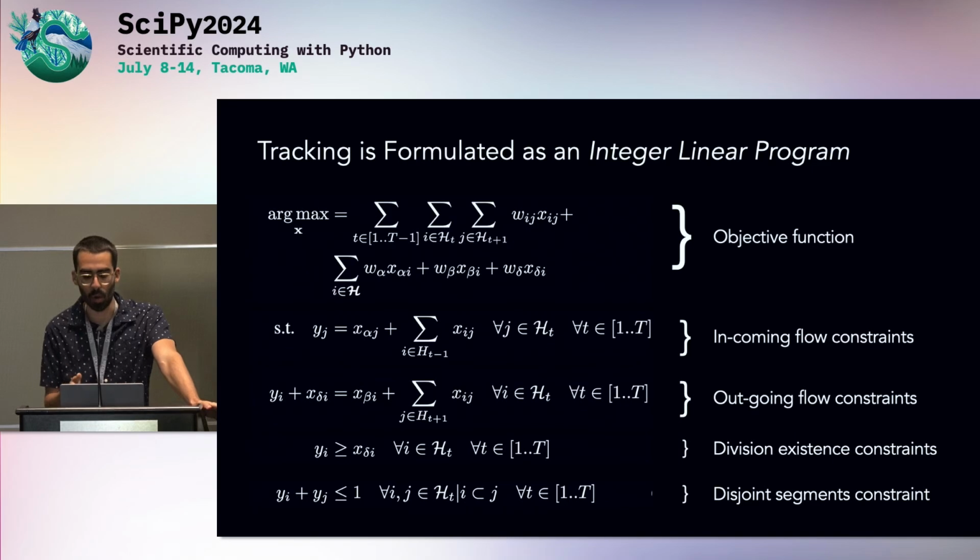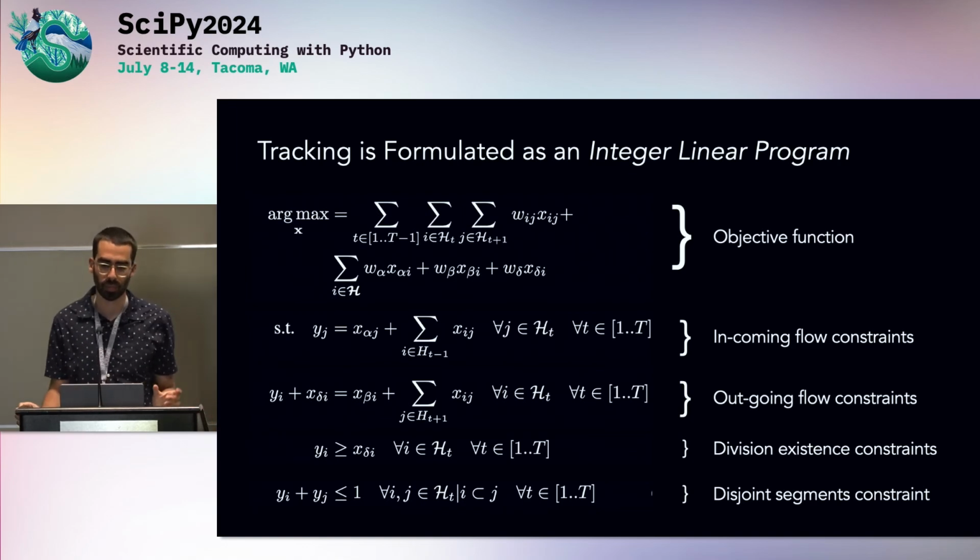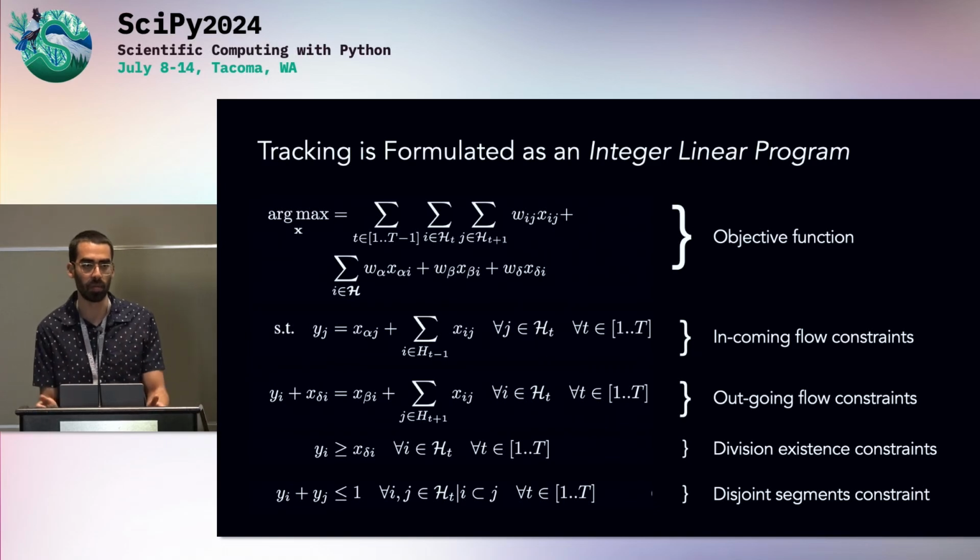But the problem is the ILP, because it's a combinatorial problem. Actually, I think it's polynomial scaling on the number of segments we have. So what we do, we cut it to be able to compute even the large data sets. Because if we ran the whole thing, we would require more than a terabyte of memory. So we process different windows, and we have a scheduling scheme where we process first